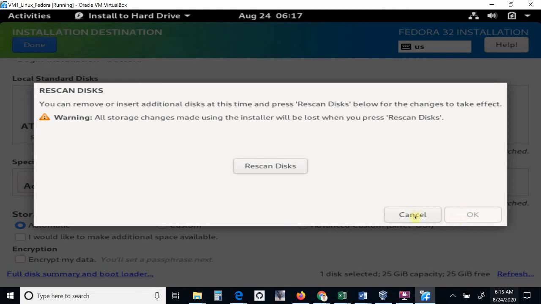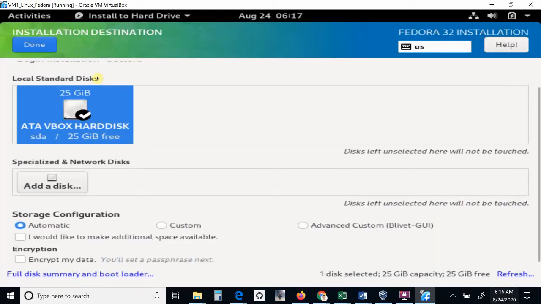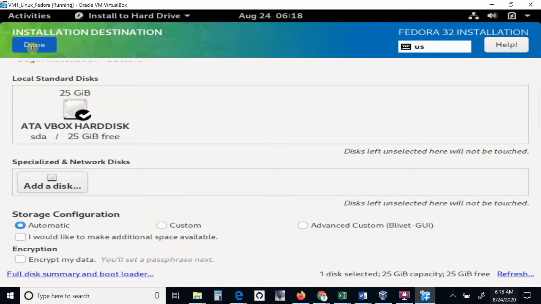Oh yeah, this is where I had to select done. So for the installation destination, all I did is select the disk that we have. It's automatic, and that's it. I don't want to do a custom modification of the partition, so I want it to be the default. So when I say done,